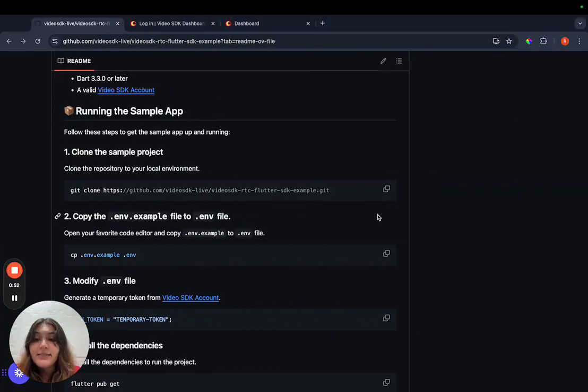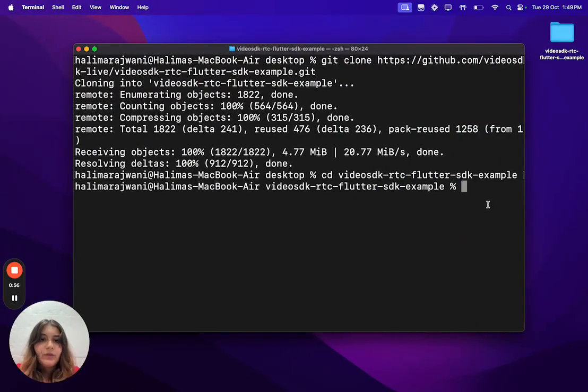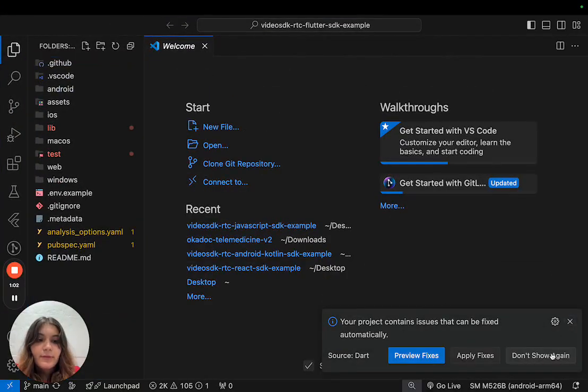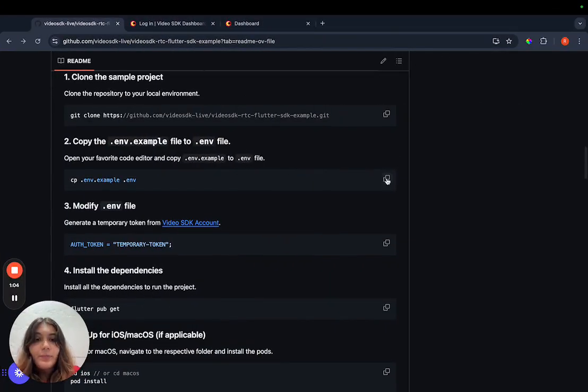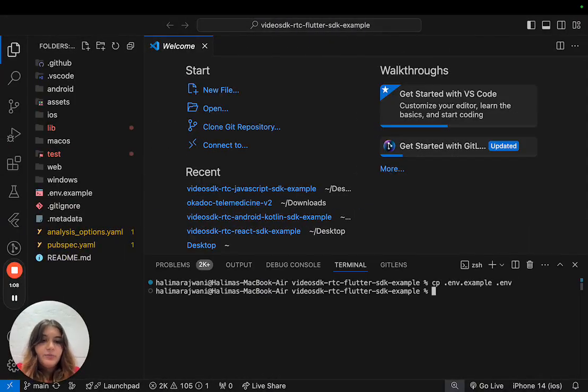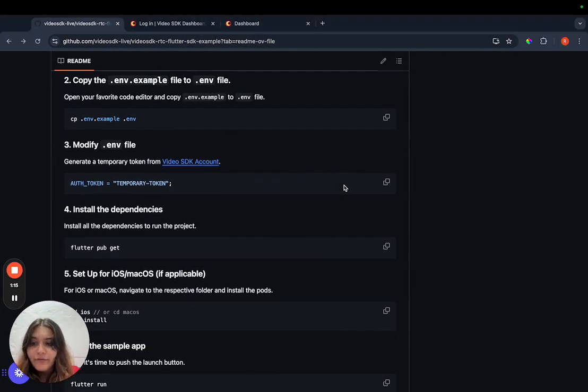Once the repository has been cloned, the next step is to create a .env file. For that, we'll go to our code editor, copy the command given here, and paste it onto our terminal. Once our env file is in place, the next step is to modify it, for which we'll require a VideoSDK